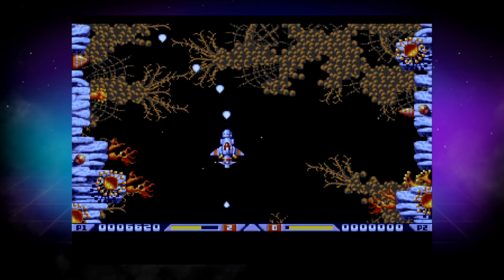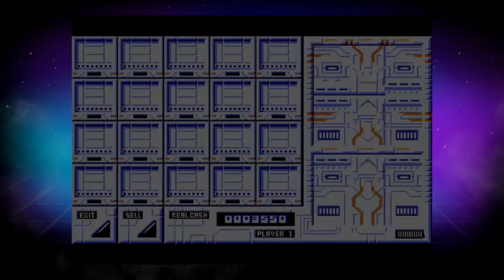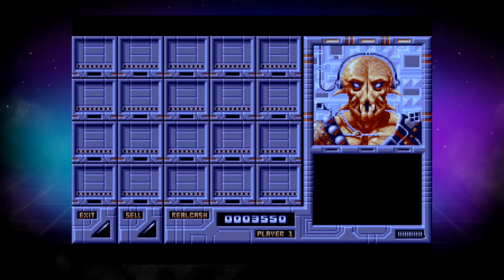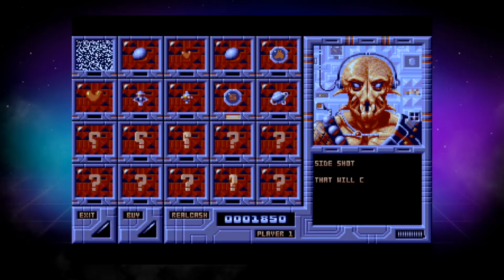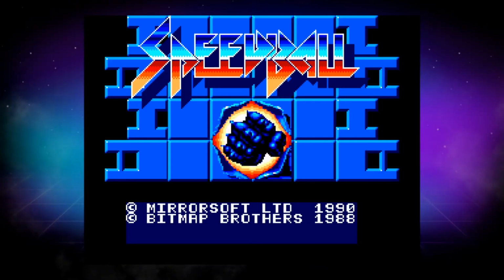But the thing about Xenon, which is really cool, is a little bit like on the Chaos Engine, you can upgrade weapons and stuff in between levels, and so I'd definitely say that that is a good game in the collection as well. But then we come to the Speedball Trilogy, all of which is available on the Bitmap